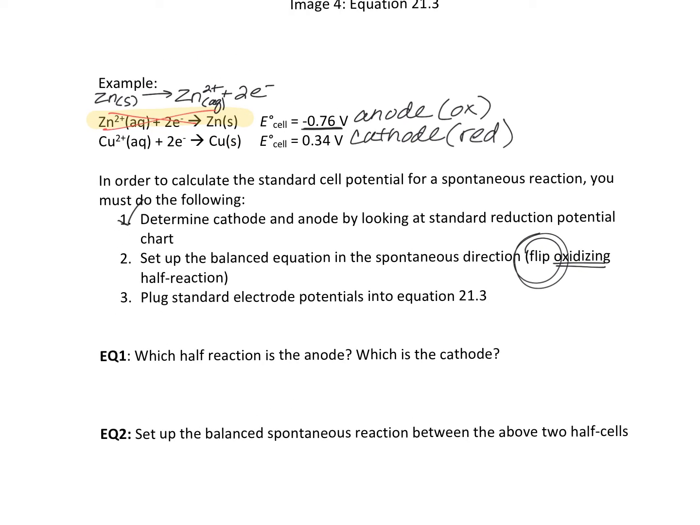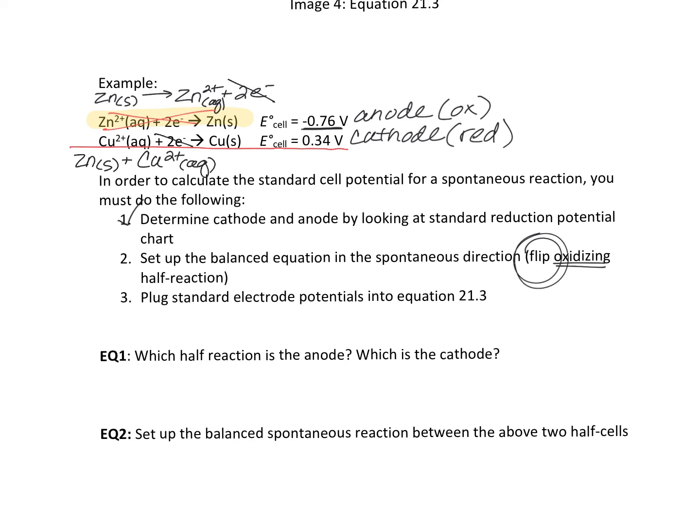All right, so to set up the full overall balanced reaction, I am going to add these together. Add the reactions together, I should say. Notice that what should happen is your electrons cancel. They should be on opposite sides, which means one species gave away the electrons and the other one took the electrons. So when you're putting this together, you should get zinc solid